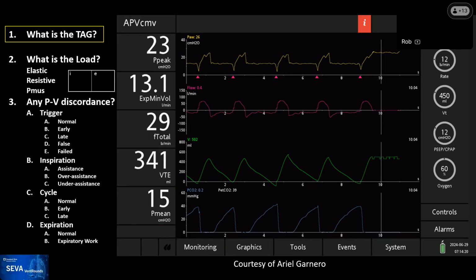Anything in the chat yet, Ari? Yes. Arsal has already answered PC-CMV adaptive. Very good. I like that. And how do we know that? Well, here's a couple of clues. We know it's pressure control